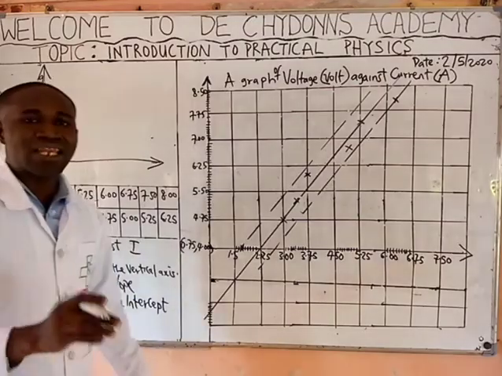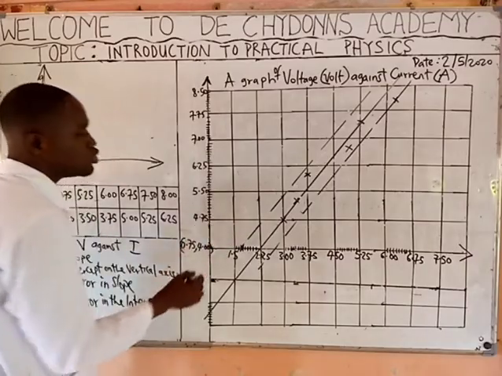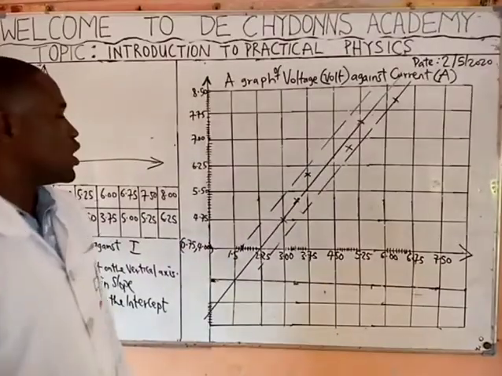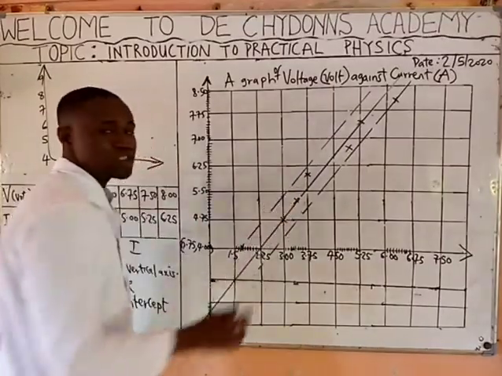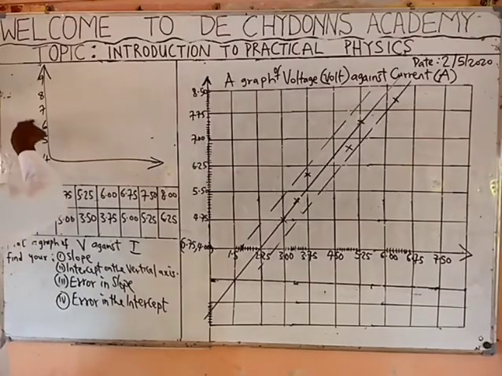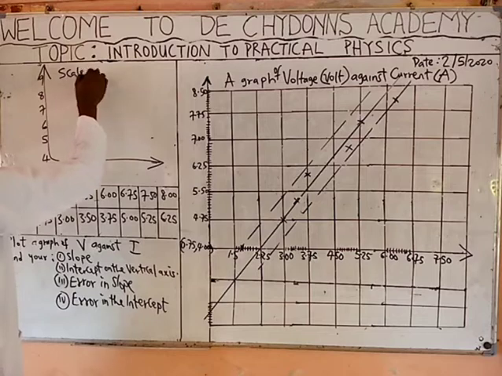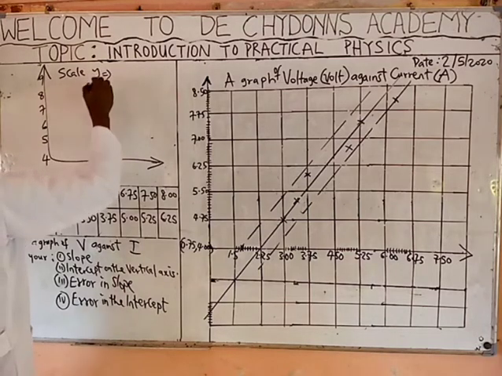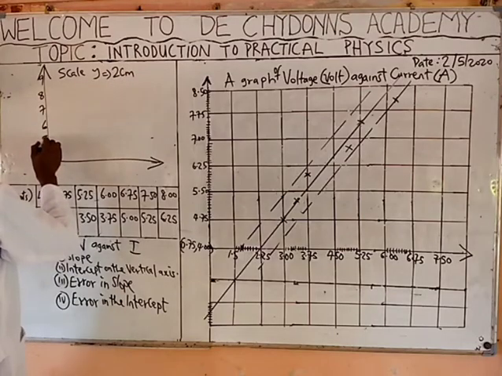Now, in a standard graph, each of these big boxes you are seeing is called 2 cm. So if you have 4, 5, 6, 7, 8, and they ask what the scale for this Y part is, you say the scale is 2 cm, that big box from here to here, 2 cm